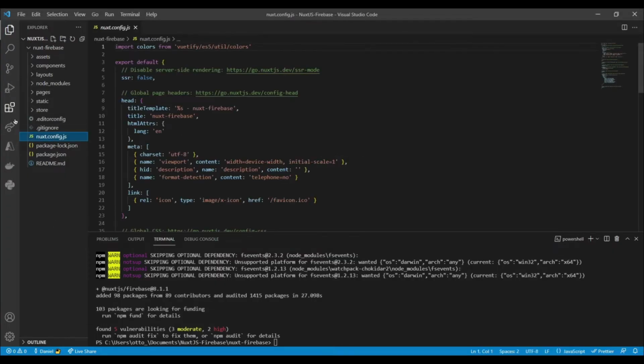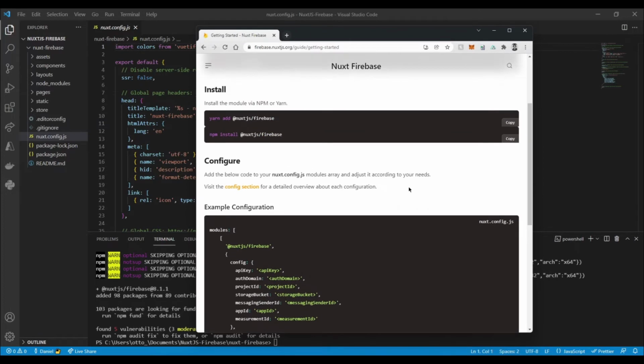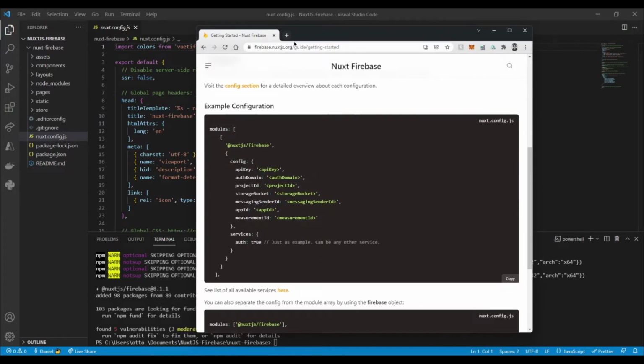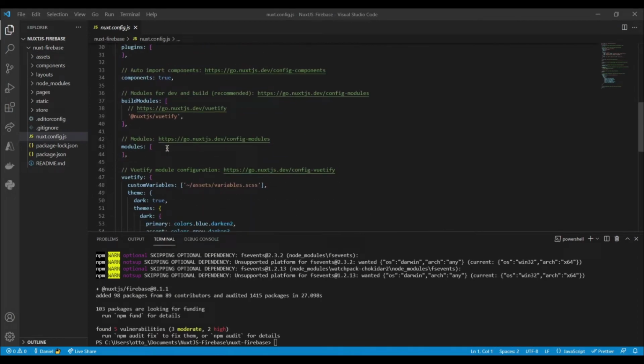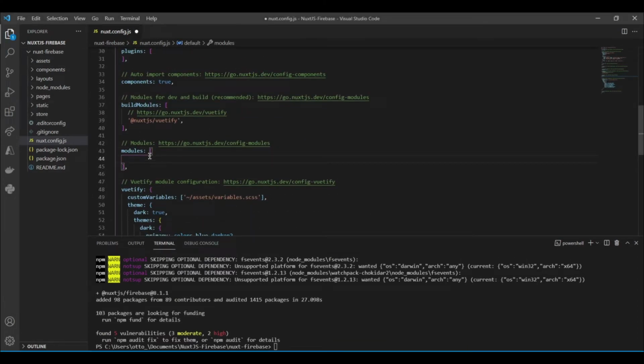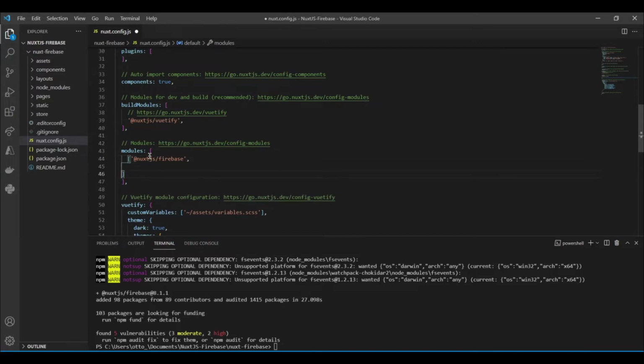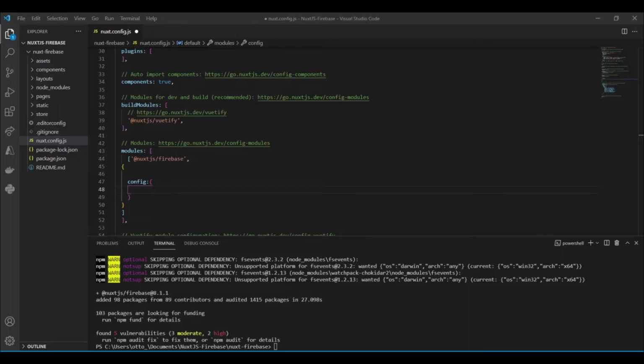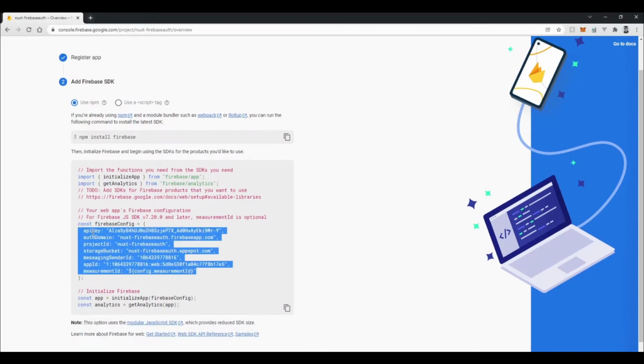Yep. And we're going to go to our nuxt.config.js, and we're just going to add in what we need, specific to how the Nuxt Firebase module is specifying it here, right? So under our modules section, we're just going to put in the Nuxt Firebase module basically. So that's just going to look like this. We put an array in, and we'll say @nuxtjs/firebase, and then we want an object as well, which will have our config in it. And we'll say config equals an object, which we'll now get from our Google Firebase SDK, sorry. So all this here, I'll just copy this in,